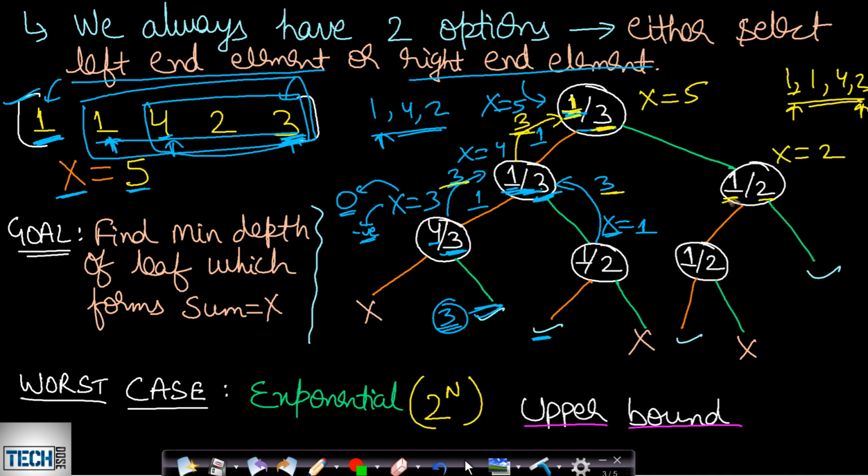If we select this 1, then our x value here will be equal to 1. Now again, if we select this one, our array will reduce to 1, 4, 2. We have options between 1 and 2. If we select this one, then we will be able to convert this x to 0. And so we will be returning the sequence length, which is 3. This sequence length is of length 3.